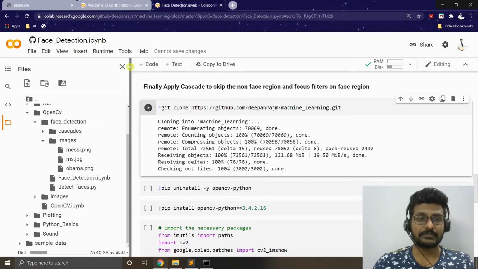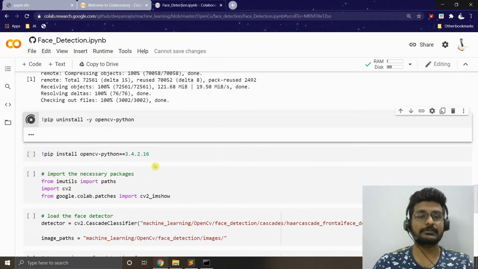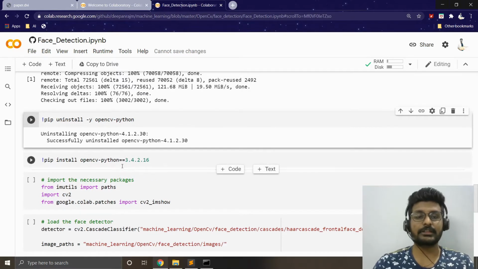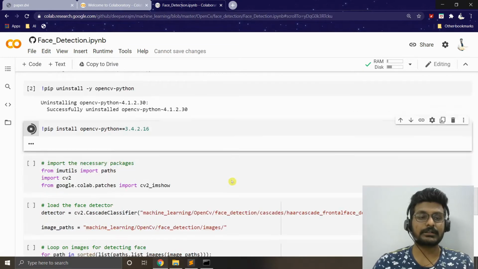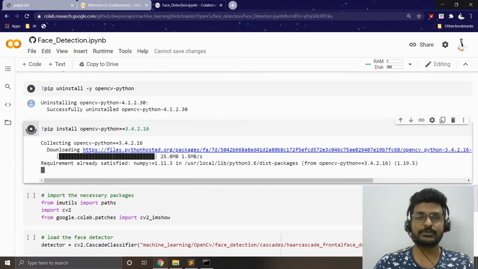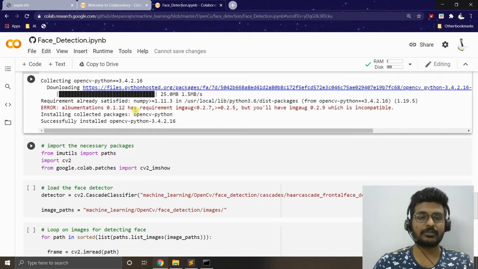Okay, so first things first, I just uninstalled the latest version of OpenCV because the code which I've created is pretty old, I could say that. It is actually deployed in version 3.4, so I decided to go for the same version to avoid problems. If you want to use OpenCV 4, yes, you can be my guest. Just make some minor tweaks in the functions. But for now, let us stick with this particular version 3.4.2.16.